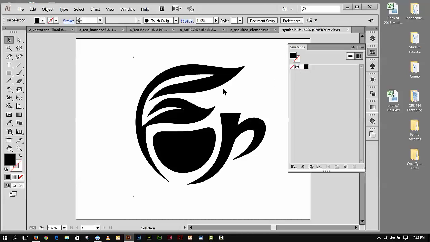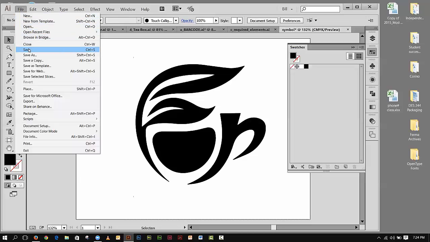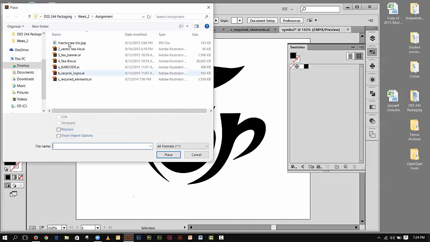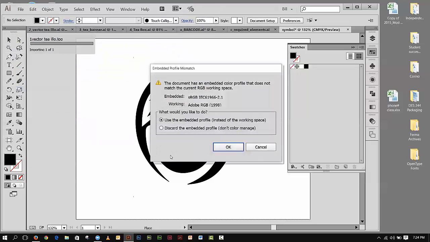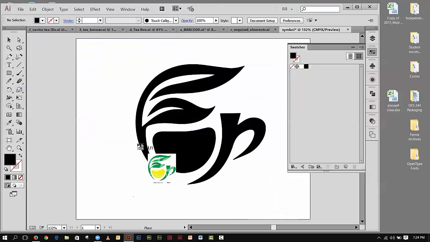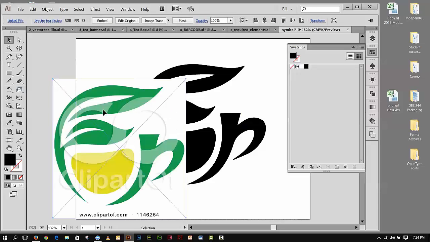So now what I want to do is get the colors that I want to use for this. Frankly, the colors that exist in the original piece, I liked, so I wanted to use that. In order to get those colors, since I can do that very easily, I'm just going to go File, and I'm going to go Place again, and grab my Vector T illustration piece and hit Place, and don't worry about that for now, and then click, and I'll place this guy in here